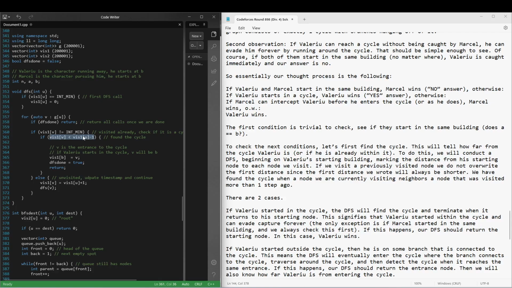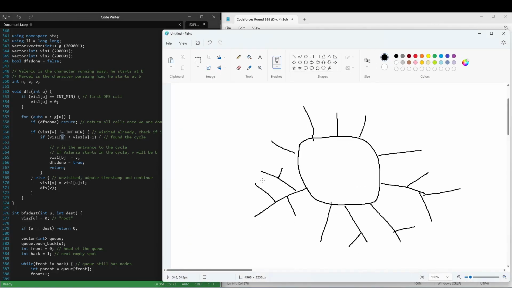What's even more significant is that it means this node V is the entrance to the cycle that Valeriu is going to use. So if he's not in the cycle already, he's on one of these branches, and all these branches only have one point where you can enter the cycle. So if Valeriu is not in the cycle initially, our DFS will return whichever entrance he's going to use. If he's already in the cycle, then